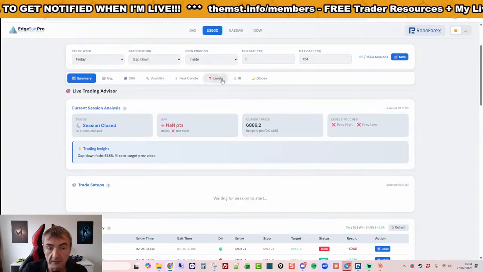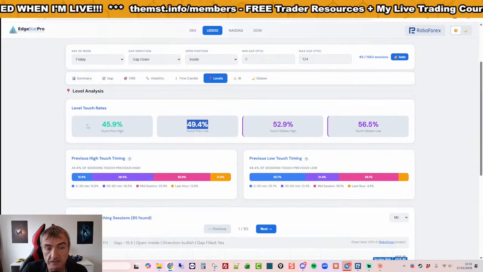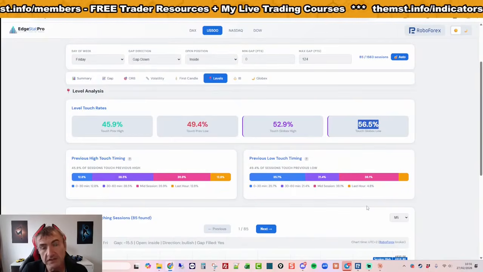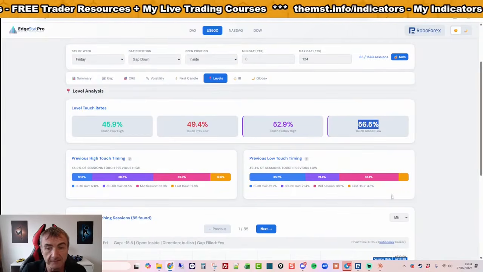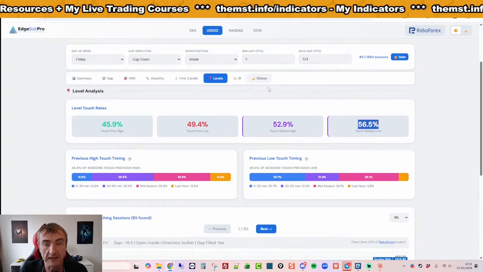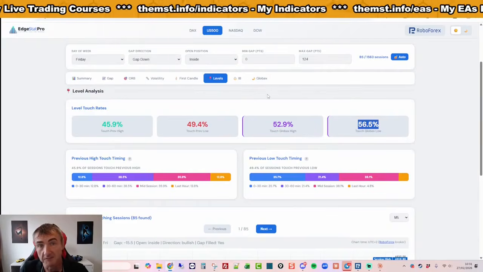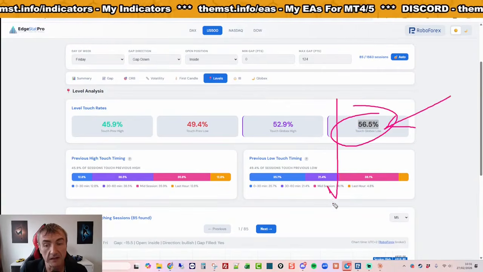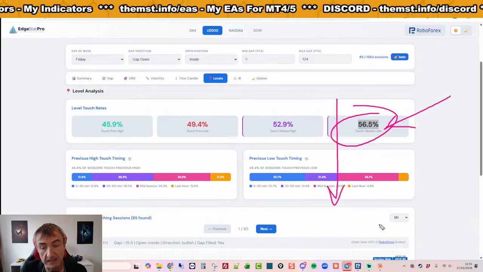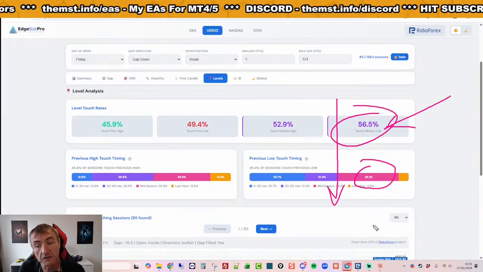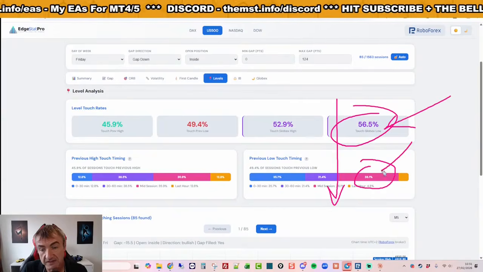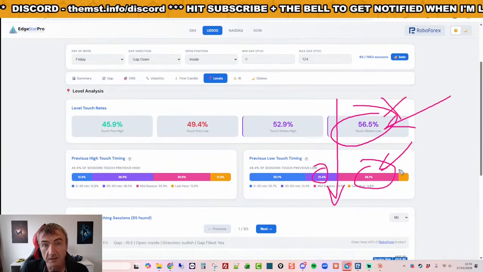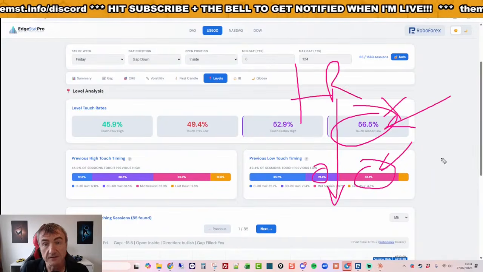So we know that these statistics work. And if there is no edge, there is no edge. But if there is an edge, we'll take it. You just need to figure out how. Price action. So if we know that it pushes up on average before it reverses for an hour, we can wait an hour and then target, with a 56% probability, the Globex low if it hasn't tested it already today. And we know that it will probably hit that at some point mid-session, because statistically, that's what happens. Doesn't mean it won't do it there. It doesn't mean it will do it at all. It just gives us a positive R expectancy, and that's all trading is.